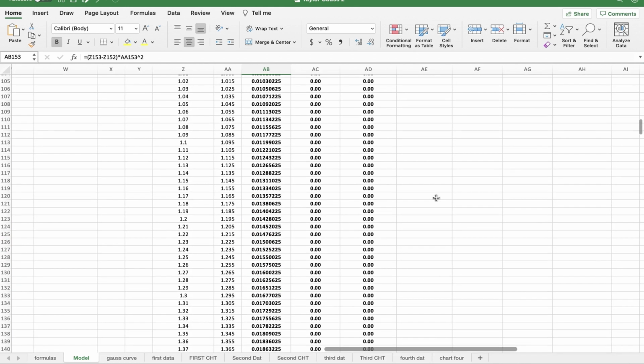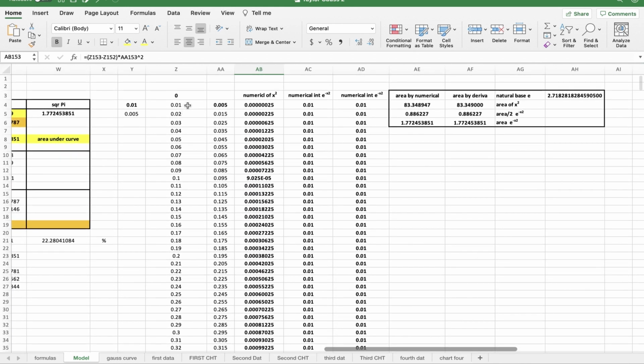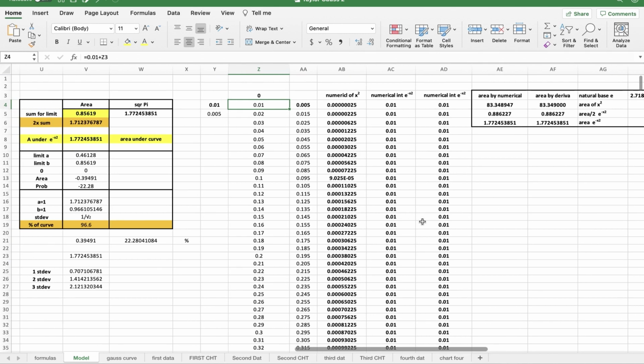If I used, let's say, 0.001 for the base and 0.0005 for calculating the height of the rectangle, I would have gotten a more accurate representation of the area under the curve. But you can see what I'm saying. There are two methods that we can get the area under the curve. We could use an infinite series, the Taylor series, which I carried out for 170 terms,